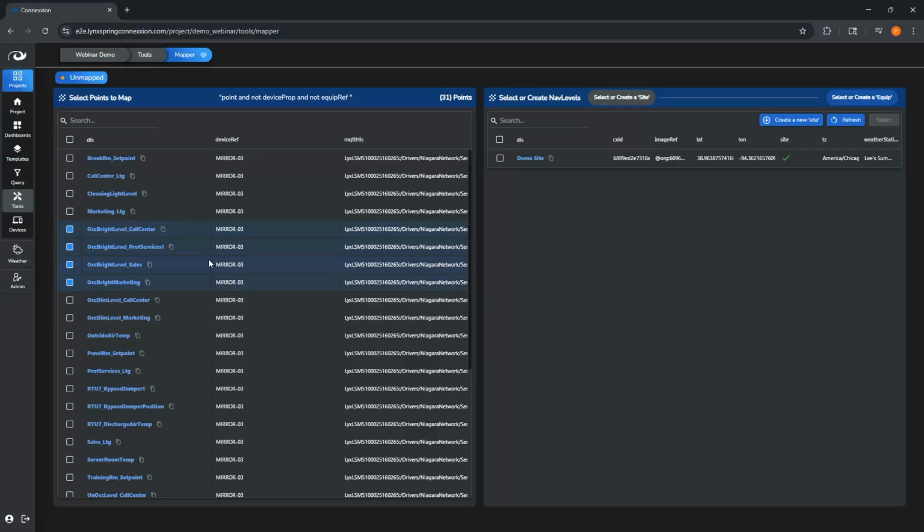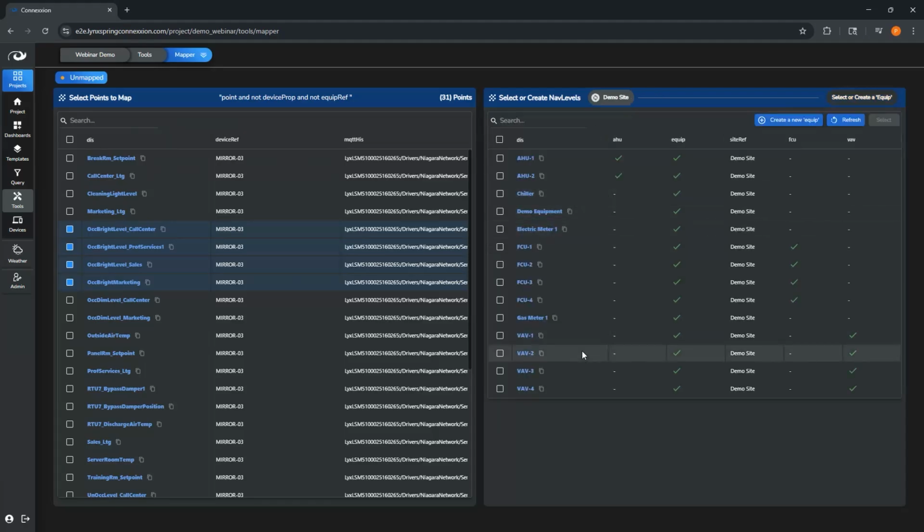Okay, so I grabbed 4 points, and if I come over here, it says, do you want to create a new site record for these points, or do you want to attach them to an existing one? We'll go ahead and attach them to an existing one. We'll select this. Again, the application is smart enough to know that after site comes equipment. You may have a different setup. If this is a large building, you may have zones, you may have floors. The way that you establish that is customizable as well, and we can deep dive on that at a different time. But for now, site, equip, point is basically the Haystack standard.